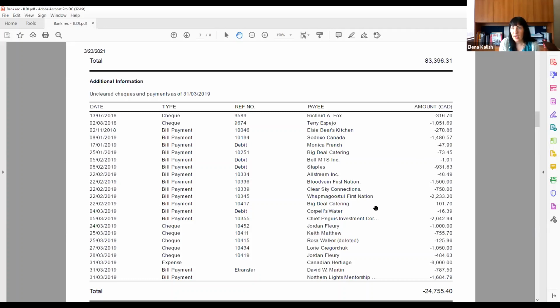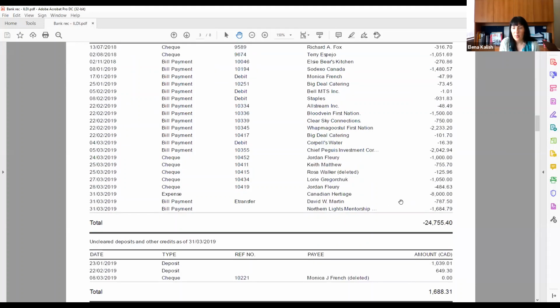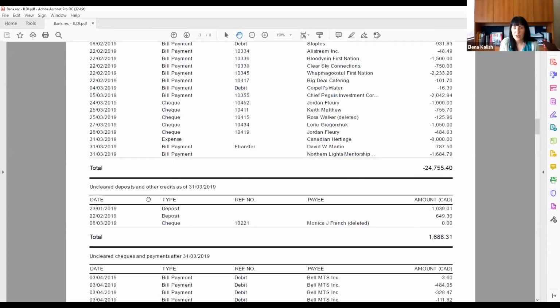Okay, and so just in here, how do those uncleared transactions add up to the summary? So we see there is $24,000 in the payment section, but then there is also $1,600 in uncleared deposits and other credits. So speaking of uncleared deposits, that one is normally